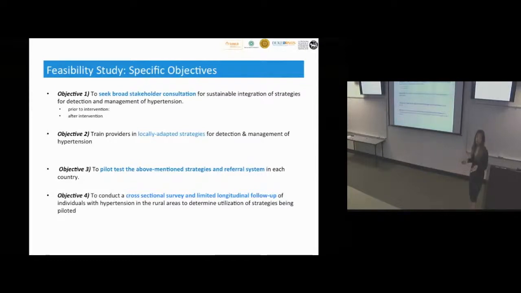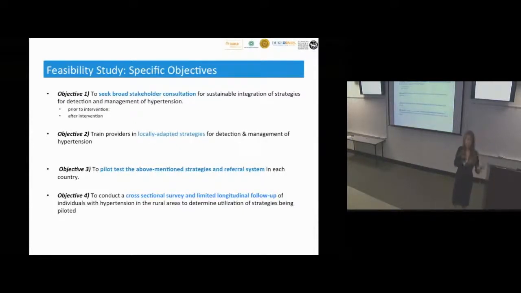And then same thing with the physicians. We're going to prepare the curriculum, and then we're going to train them, and then we're going to assess their competencies in the rural setting, because these were all questions in our mind. Can we do this at all 3 sites? And will our results be comparable? Then we would test the interventions and the strategies and the referral system. And then of course we had to come up with a referral system.